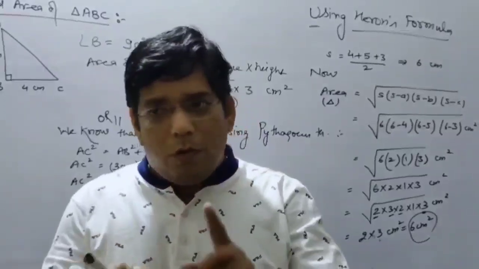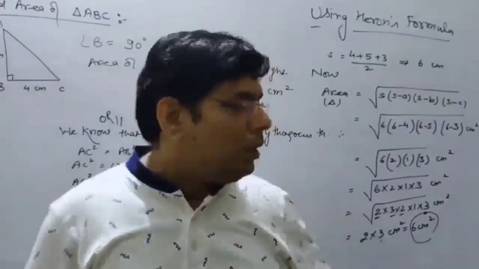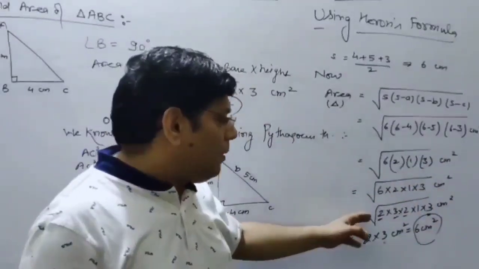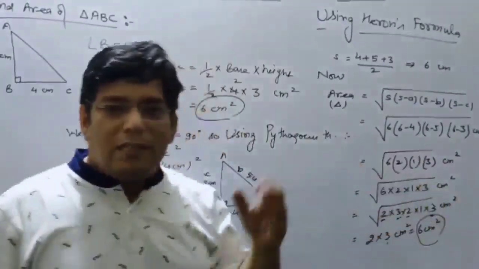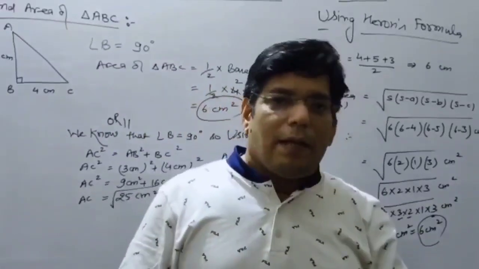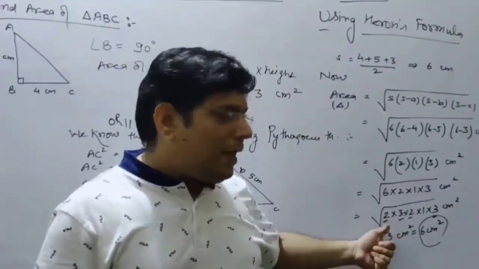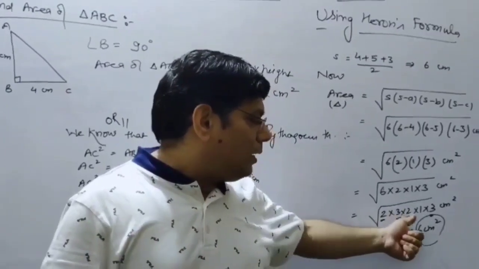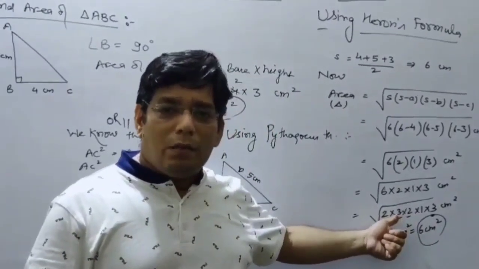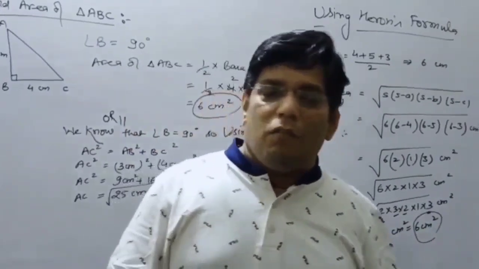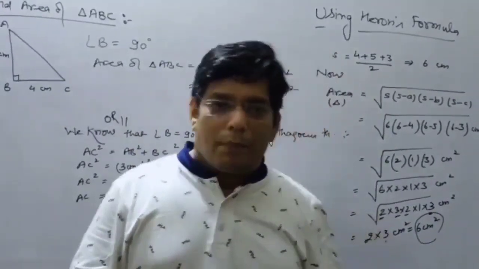Now s you know, a you know, b and c also are known. So what you do, put the values of a, b and c and just make factors of that. And like a perfect square, make pairs and take the digit outside, if that is possible, then the root will go away. Otherwise, if no pair comes, it will stay inside the root, and the unit will be centimeter square, meter square. This kind of unit you can use.